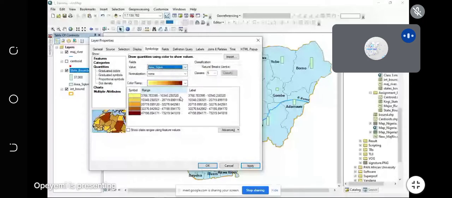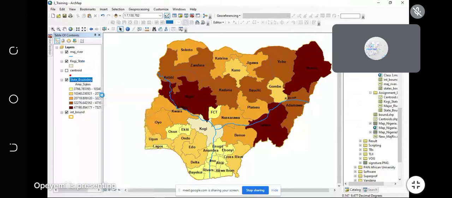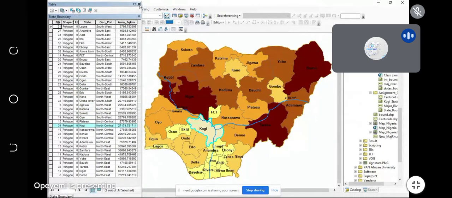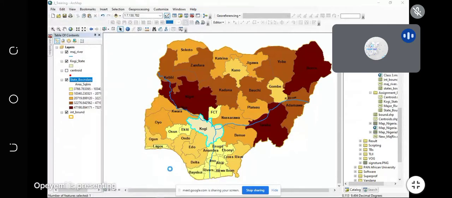So I think that said, we might want to close for the day. But before I go, let me quickly mention something. Joy was saying something about making an inset map the other time. I think if we got it right, very good. But if we don't, she actually brought Kogi State out of the entire map that we've done. What she did was to go to the attribute table, highlight Kogi State, then export Kogi State out. Come back to here, right click, then go to data, then export data, then define where you want to save